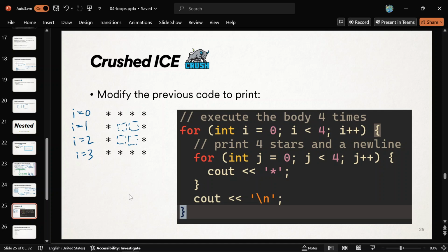One last hint, and then I'll show you my answer. So i is in control of which line we're on, right? It was always like print 4 stars in a new line, but now we want it to be different. j is controlling what column we're printing out on, right? Because it's going 4 times again. So j is 0 there, j is 1 on this column, j is 2 on this column, j is 3 on that column. So can you see, you can maybe make a condition to check, is i within a certain range and j within a certain range? If so, that's the middle. Yeah. So I'll give you a few more seconds to ponder that before I show you my answer.